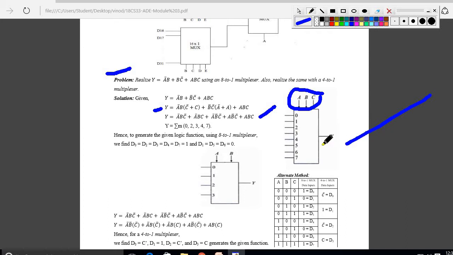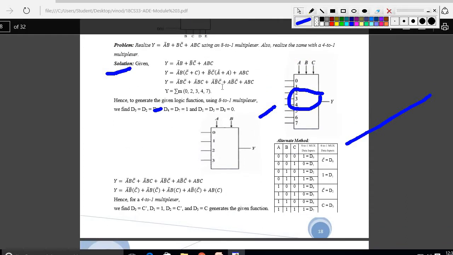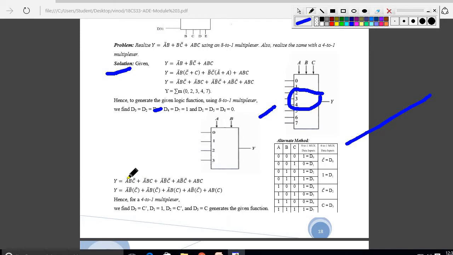Next, now I have to realize it using a 4:1 multiplexer. For that we take the same expression. This expression has all combinations of 3 control inputs, ABC. But for the 4:1 multiplexer realization, all 3 control inputs are not required, because a 4:1 multiplexer requires 4 data input lines and 2 control input lines. Only AB are required as control inputs with the 4 data lines, but C is extra in all the cases. For that reason I need to make it a separate grouping.